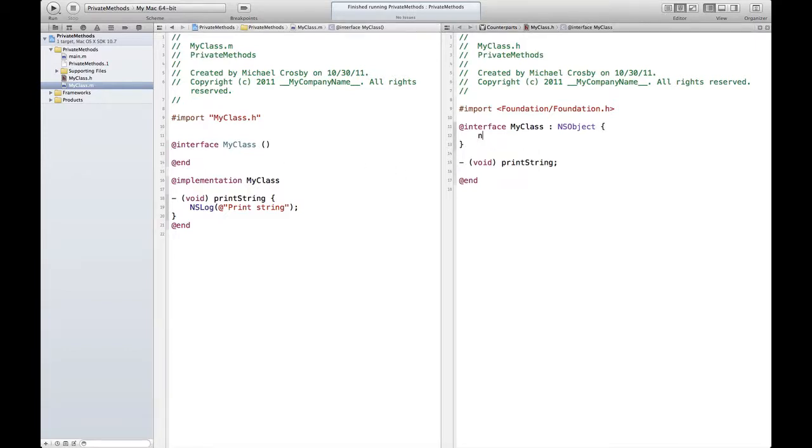So let's add an NSString here, myString, and in our printString here we'll just print that string out, myString. Okay, so we want to populate this string, and we'll do that in a private method. So we still have to declare just the method signature in this interface. So popString. Okay, and then it goes right in with every other method here